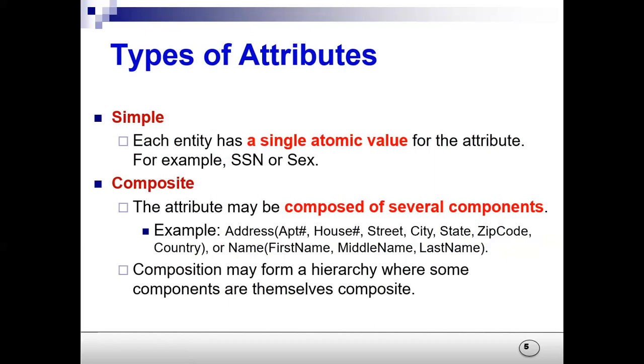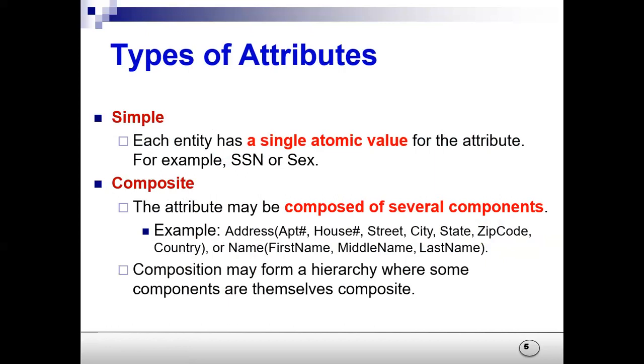Simple means it will contain a single value. Composite means that the attribute can be broken down. Just think of a name. Your name comprises a first name, middle name and last name. Similarly, if you have an address field stored, that also can be broken down into various fields: your house number, probably your apartment number, then the location, your building, then street. So these are the things that can be broken down, right?